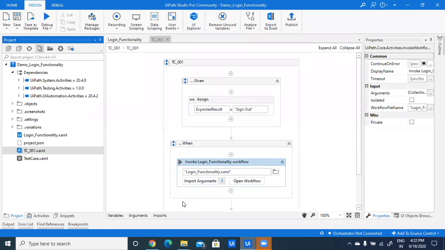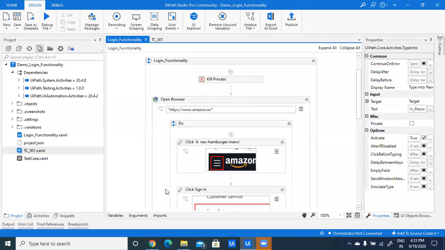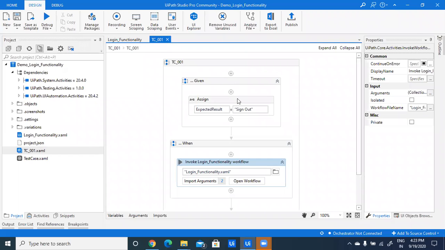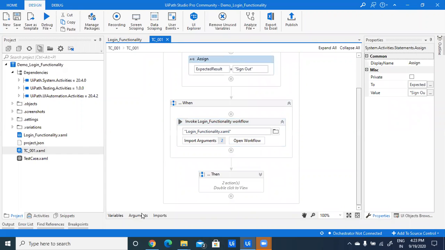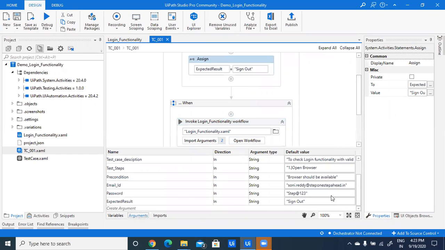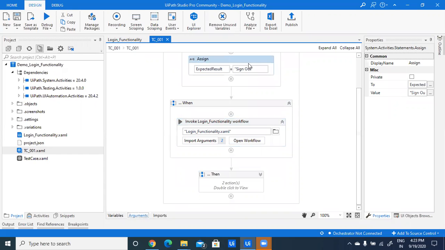Just go to UiPath Studio Pro. We need to remove a variable which is already hard-coded. This one, this is a hard-coded value. So there are two. Expected result is hard-coded, but my expected result is also coming from my Excel sheet. So remove this data.